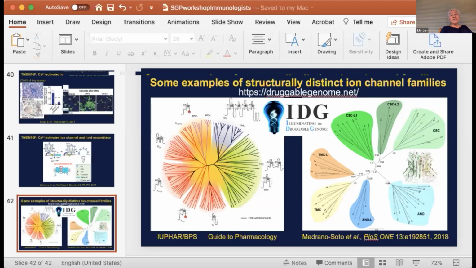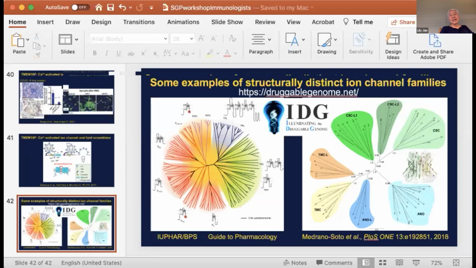And so there have been multiple small molecule screens, and you can do that with high throughput screening. For chloride, there are now